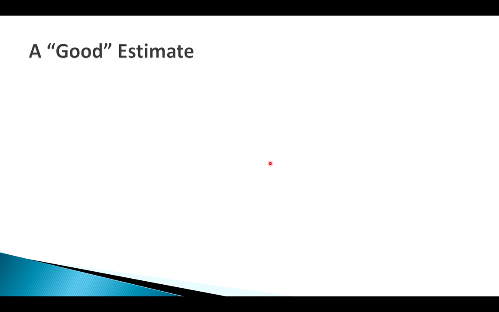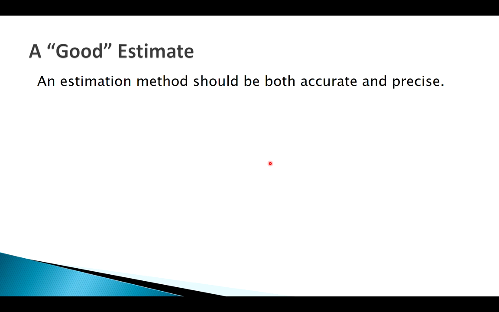What do we really mean by a good estimate? Well, by a good estimate, in our case, in a statistics sense, we mean an estimate that's both accurate and precise. All right, so these are two words that lots of times people use interchangeably, right? But we know that these mean two different things, right? So maybe you've been exposed to this idea before, but here's an example